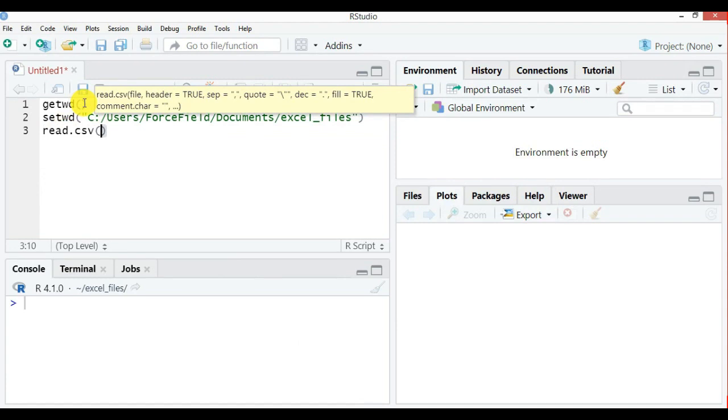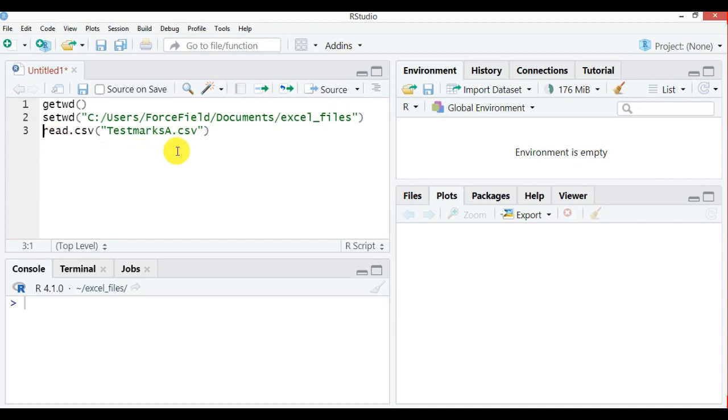Now open brackets and close brackets, round brackets I have used, and in double quotes write here, do Ctrl V. So the file name has come, add .csv to it, and then you can save this file in another file name that you want R to identify it with, like I am saying A1 equal to. So I have saved this file test marks A in my file A1 in R.